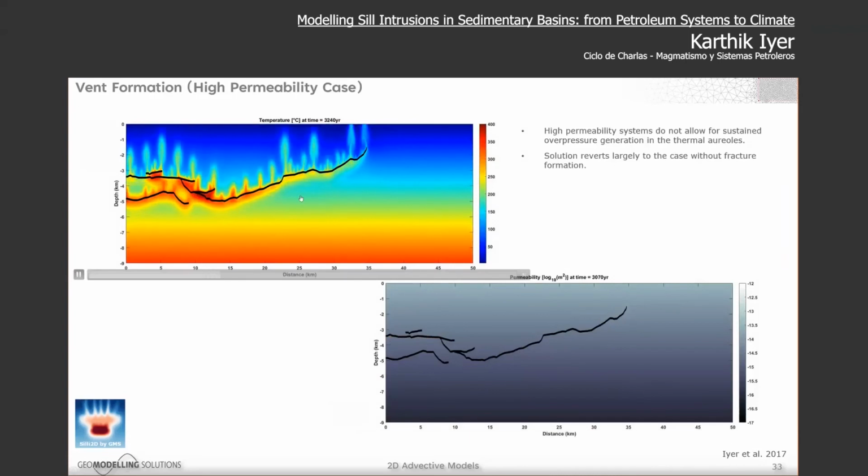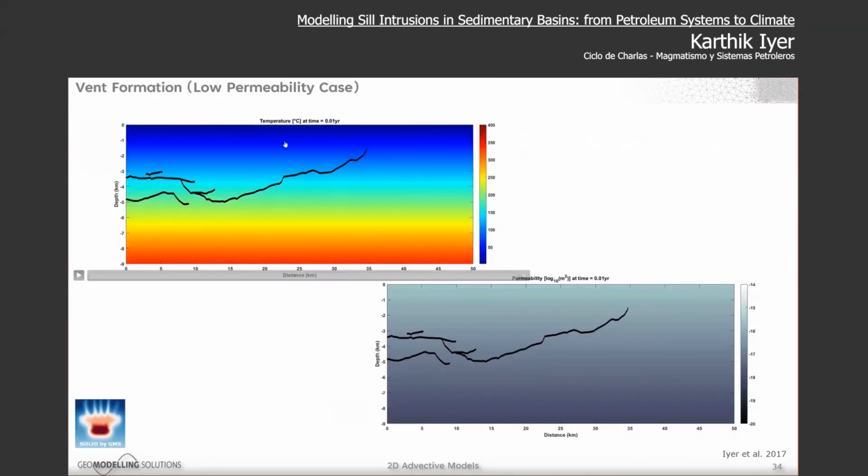And what we also see is that we get the same picture back as in the case where we had not introduced this fracture permeability implementation. And that's simply because the permeabilities are relatively high in the system. So any overpressure or any gas that is generated there will be quickly, the fluid pressure will dissipate so quickly because of the high permeability that it cannot be sustained for a long time. So you never see these fractures there. And we return back to the same solution. So that we're still not recreating our one single vent structure.